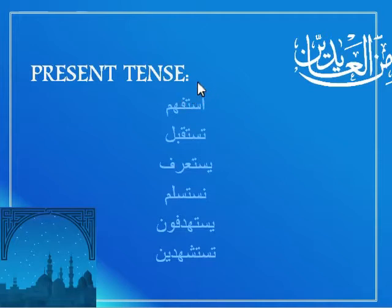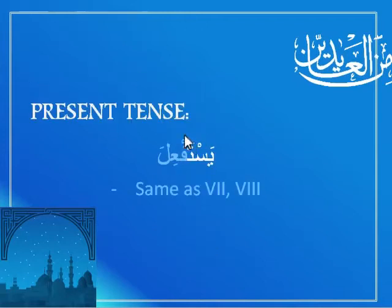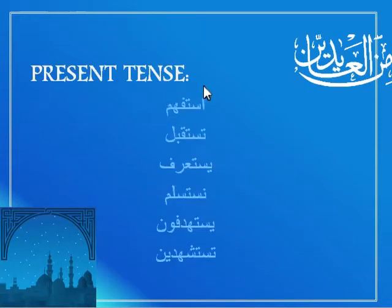Okay, and so this first one, ana istafhim. Again, notice the sukoons, and here this will be him instead of ham. Right, but the sukoon here and sukoon here. Ana istafhim, anta